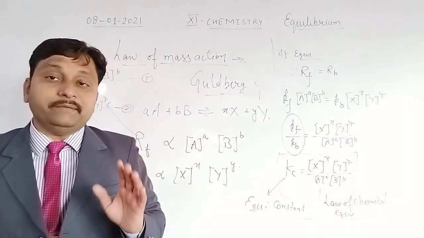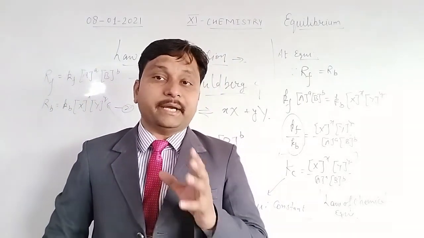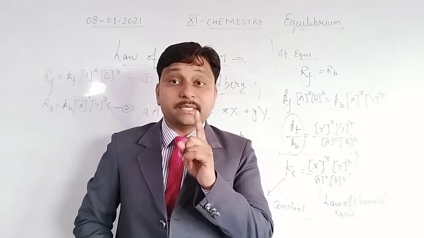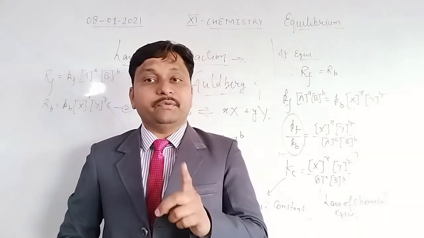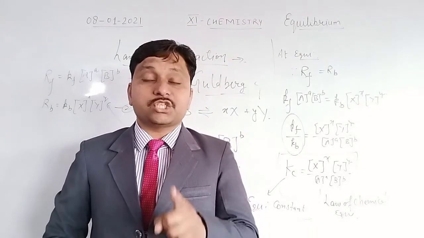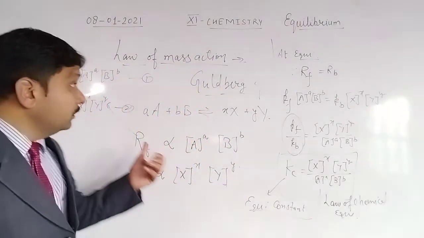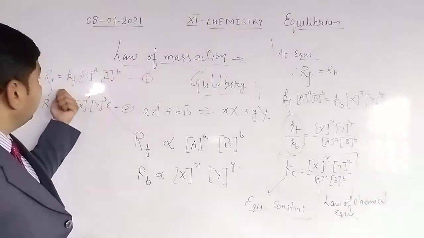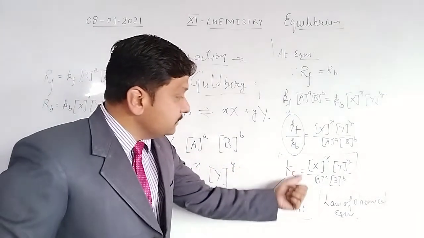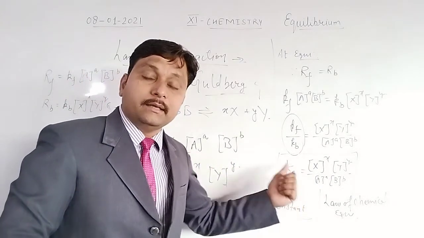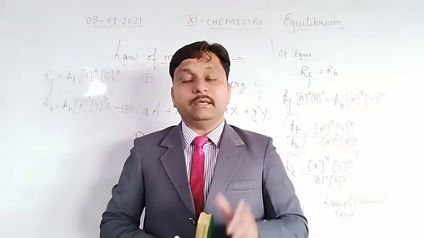So simply we can say, what is equilibrium? Equilibrium is the time when the forward reaction rate and the backward reaction rate in the reversible reaction are equal. And the second characteristic is, at the time of equilibrium, concentrations must be constant. Clear? So there are two, one is Rf and second one is Rb. Both are constants and we can write in this manner, that is Kc. Clear? So this is the topic of chemical equilibrium. Okay. Thank you, students.